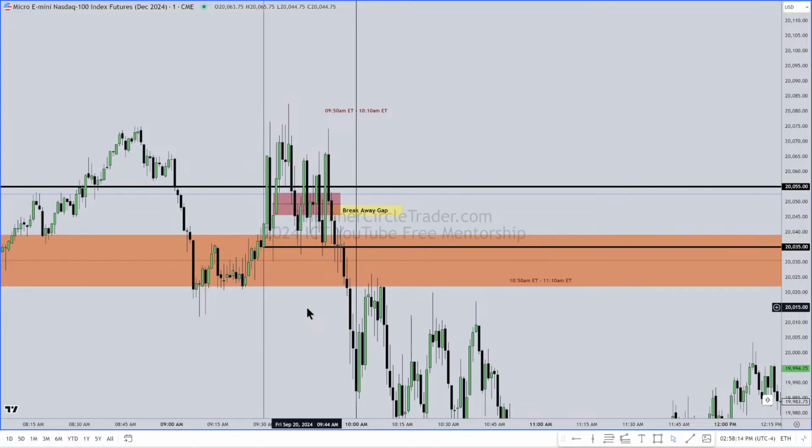That's why I asked on Twitter, I said, have you extended yesterday's or Thursday's first presented fair value gap? Have you made it so it's extending to the right on your chart? Because if you're not doing that, you're going to miss everything that occurs around this day.